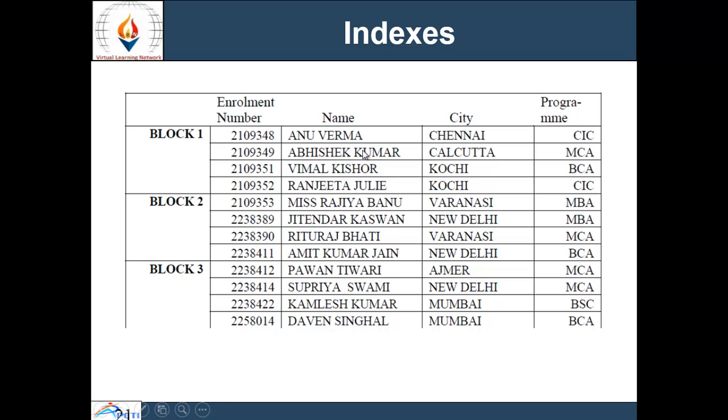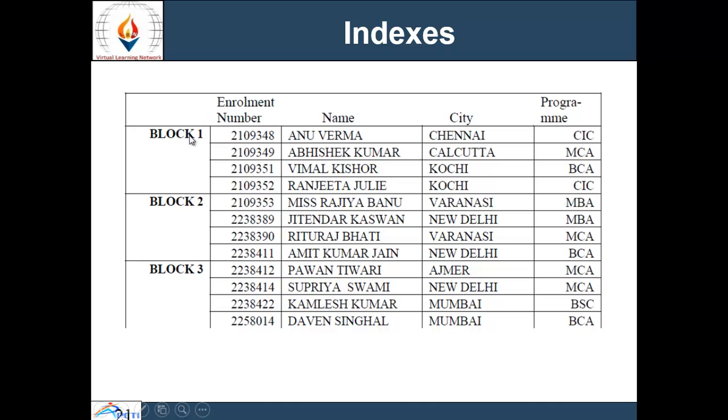If we want to create a primary index on this file, it will be on the ordering field, that is enrollment number, and the primary index file would contain the primary index value, that will be 2109348, and the block pointer. This means the primary index contains the first value, that is 2109348, plus a block pointer to